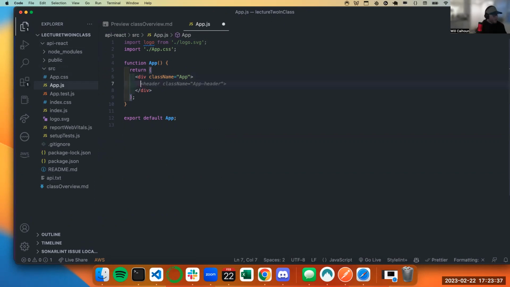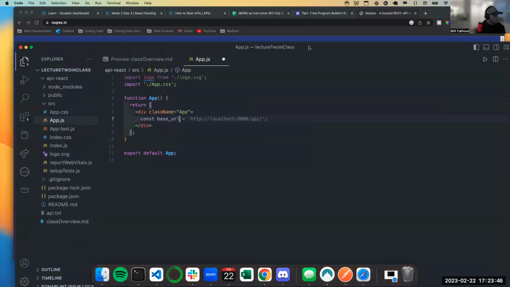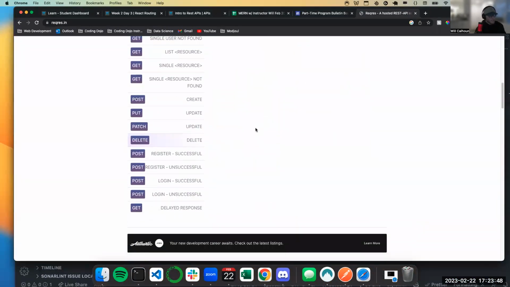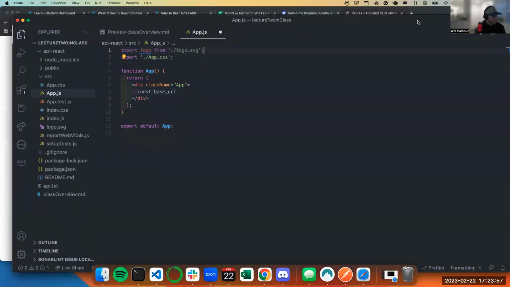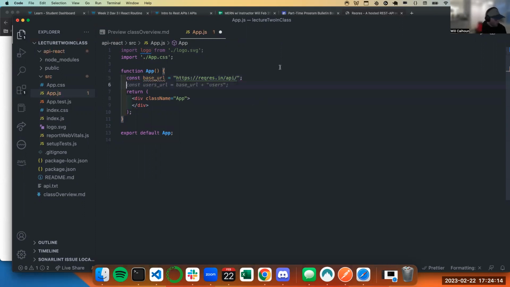So what I'm going to do is remember that there was this idea of a base URL. We're just going to use the ReqRes API and this idea of a base URL, and I think this is an important thing to know. I'm just going to put this in a variable: baseURL is going to equal this URL right here. This is going to go up here. Cool, so I have my base URL and I'm ready to call my API.